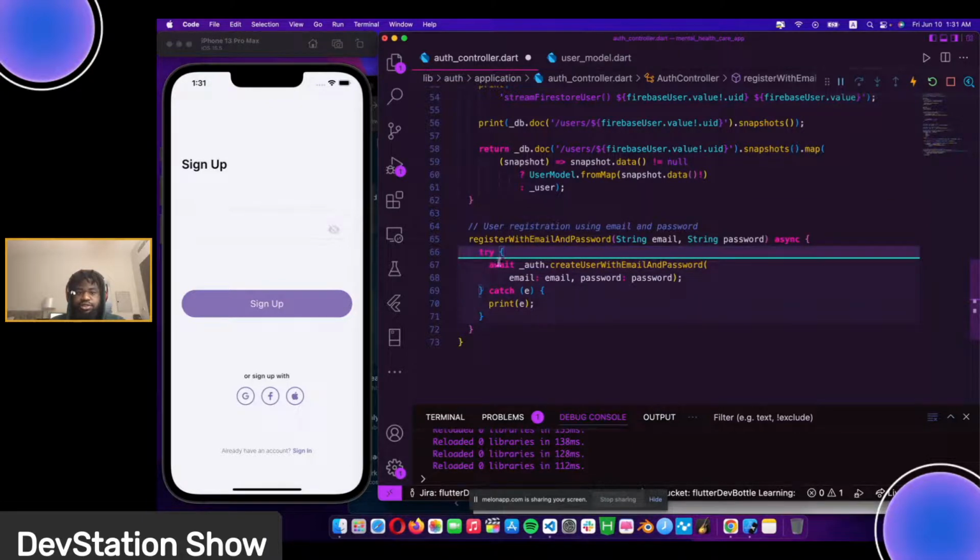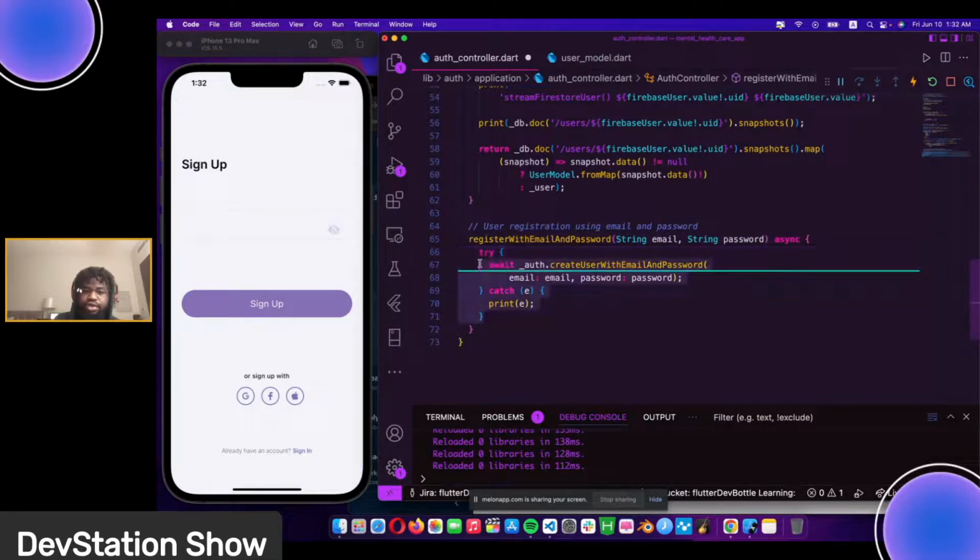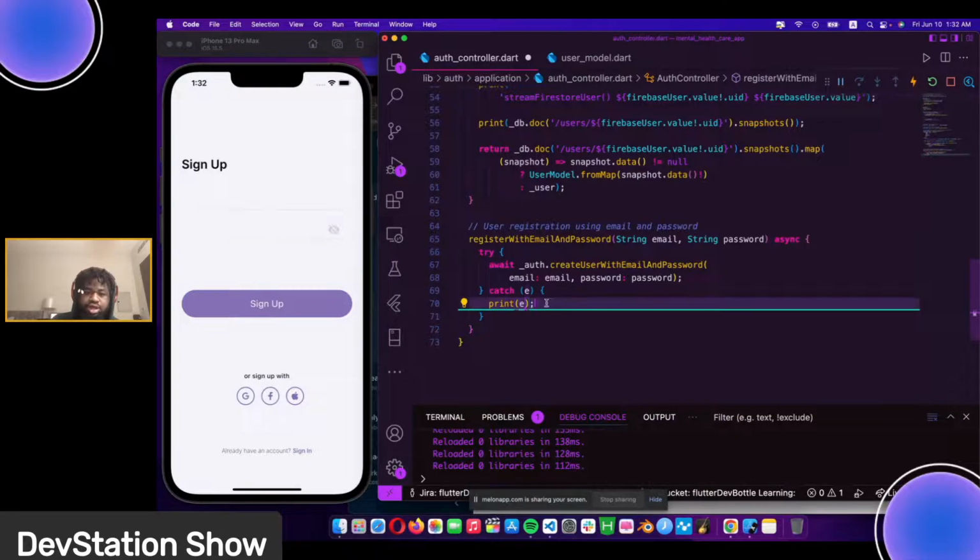Await on that. So we are using a try catch here because the operation we are trying to do might not happen or cause an issue in the future. So we are trying to catch the issue that will occur if this doesn't go through, and then we can send a proper error message in our UI to the user. So we are creating this auth create user with email and password, passing the password for now, and then we can